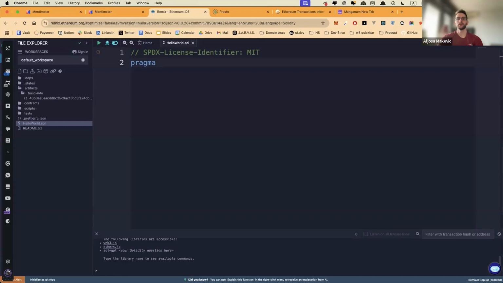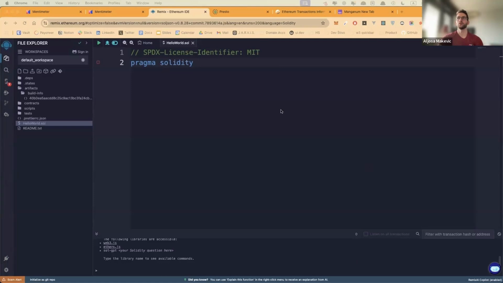And then the first thing to define is what version of Solidity are we using. So when this does get deployed, before it gets deployed, we need to know how we should compile it. And it's different for different versions because this is a language that's actively in development. So 0.8.26 is the newest version, and this little cap here means anything from this and above is okay. So consider it this version.